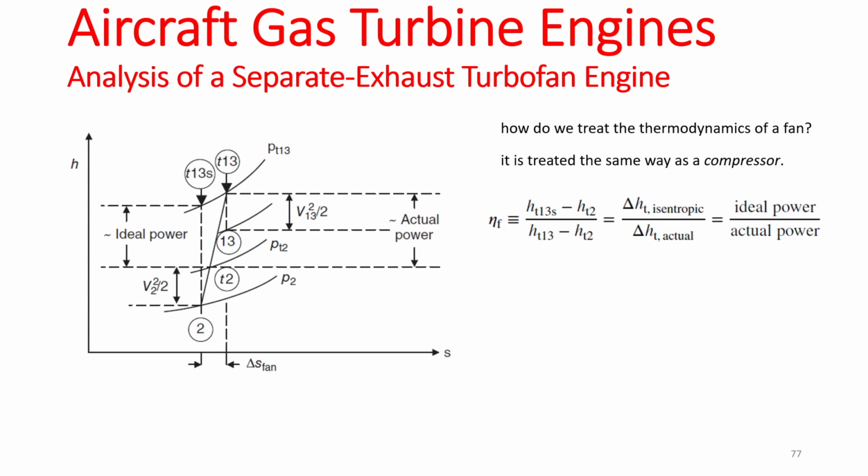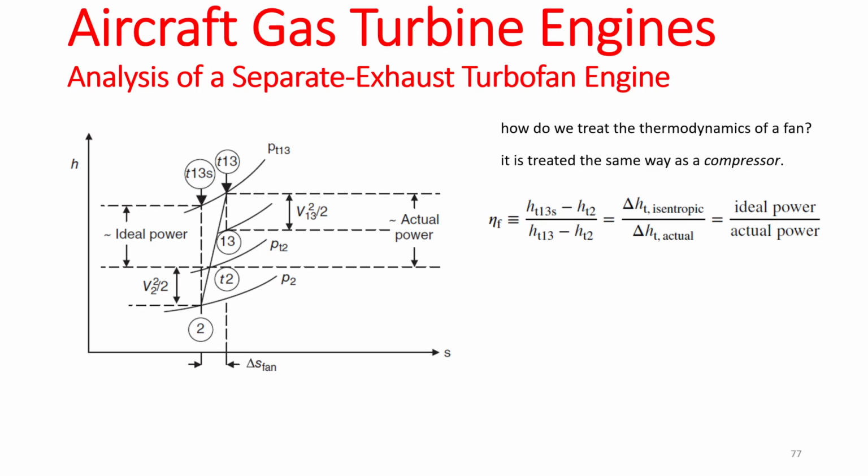So the ideal power that a compressor needs to compress the air divided by the actual power it uses to compress the air, which is always higher than your ideal power. The same thing is going to happen in a fan, right? The ideal power your fan needs to compress the air inside the fan is always going to be lower than the actual power the fan is going to